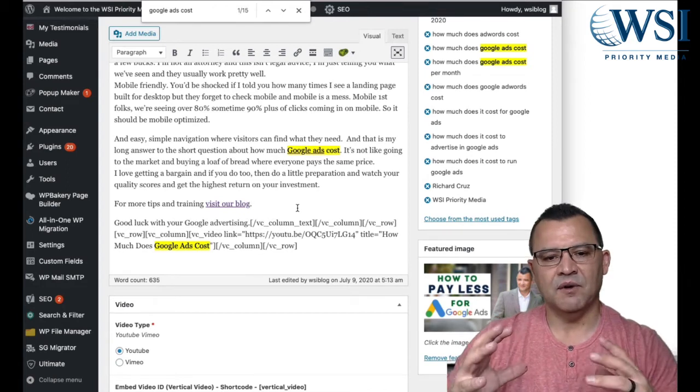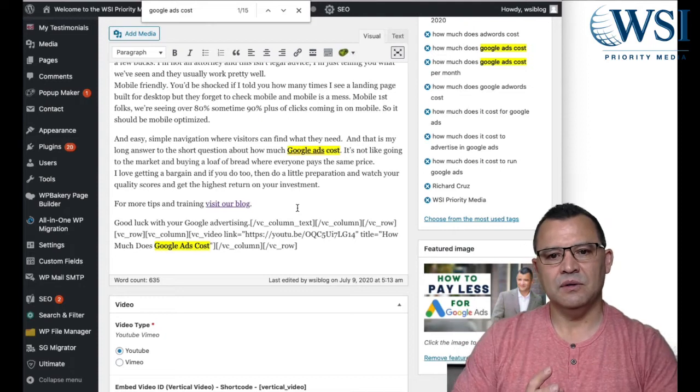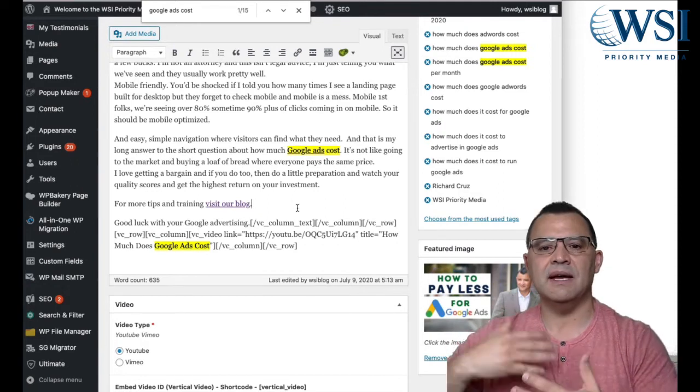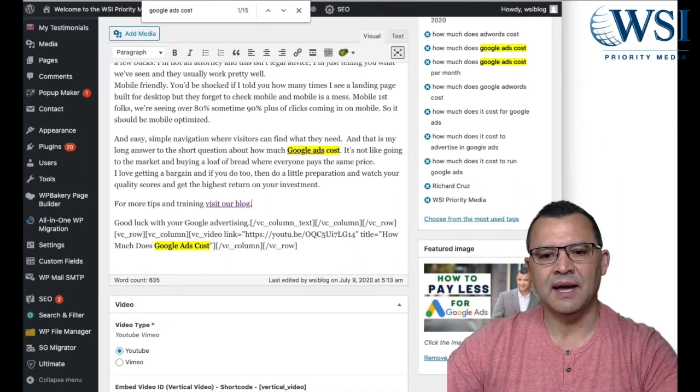Number 1, for SEO reasons, the internal linking really is very helpful. Number 2, if you have a reader who's read your content and they're at the end and they want more information, heck, send them to the next item of information. So you're killing 2 birds with 1 stone by doing that.